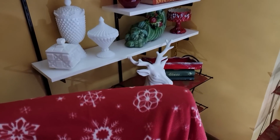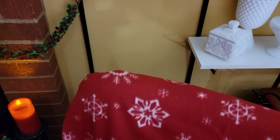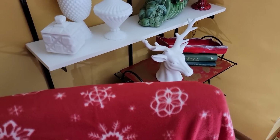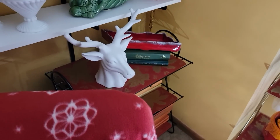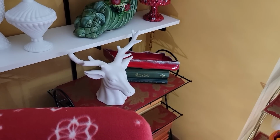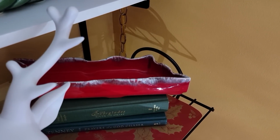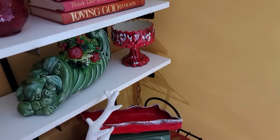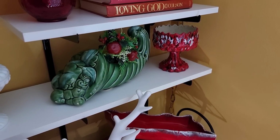So let's see what we got over here. We ended up taking the TV away for now because the tree is taking up so much space. We had our little TV over here, the vintage Setchel Carlson portable TV. So we put this rack over here to put some books on, and I thrifted that great big deer head and the red drip glaze fancy pottery piece at the Goodwill last year, and that piece. And this was from an antique shop, the large planter,